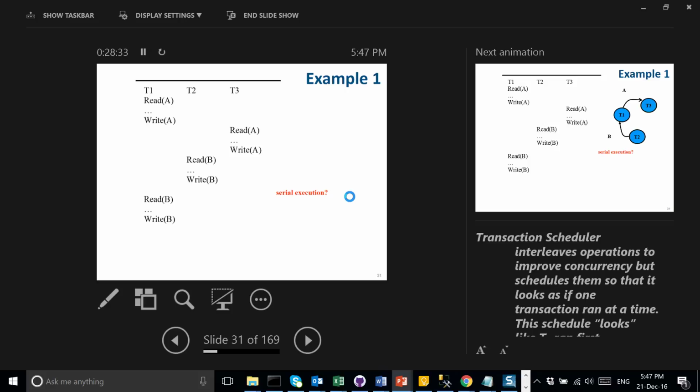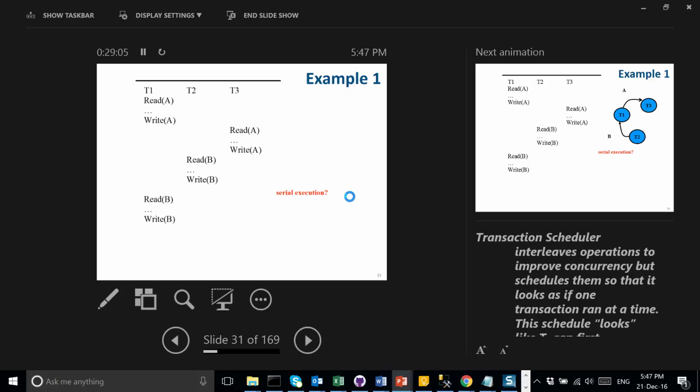So let's say I hold a shared lock on A, and somebody asks for an exclusive lock on A. Will the concurrency control manager give it? No, it will say wait. It will not say no. It will say wait until there is no shared lock or there is no lock on this data item. Then I will give you the permission. So the lock is kind of a permission that allows you to access a particular data item.